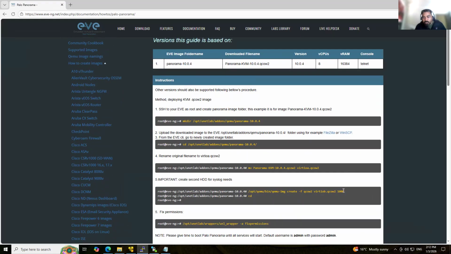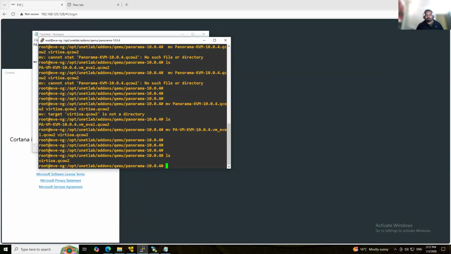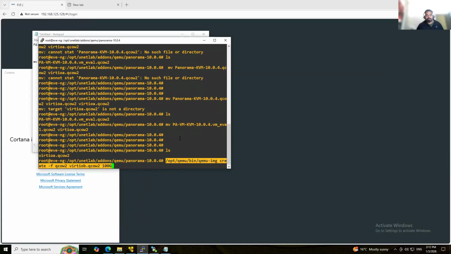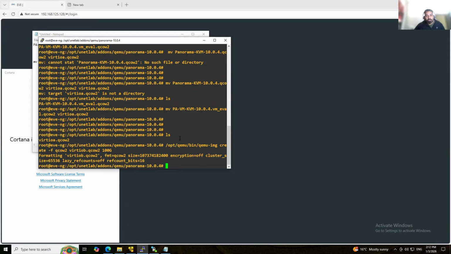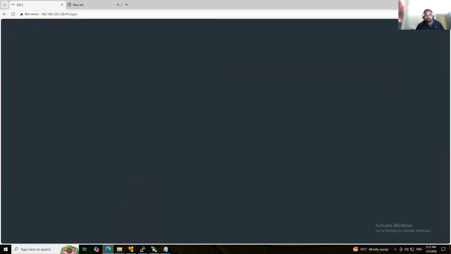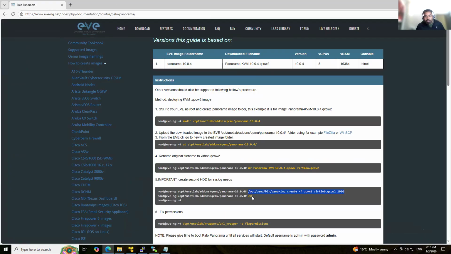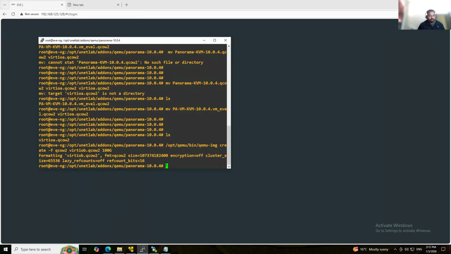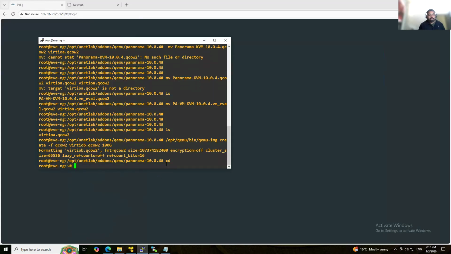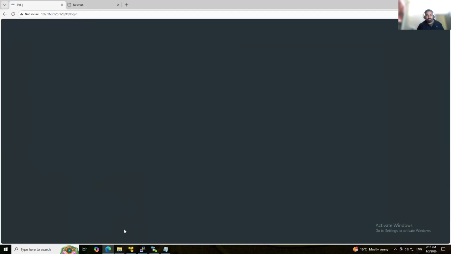Okay, now we have to create a hard disk. Okay, the hard disk is created. Now the next step, cd, now fix permissions.